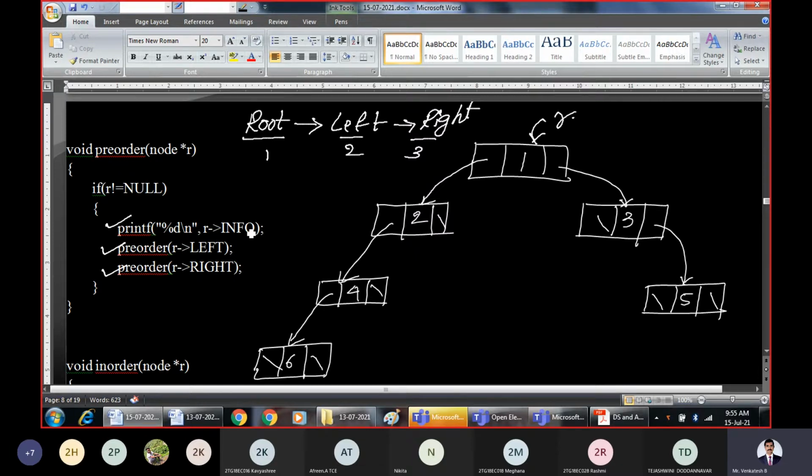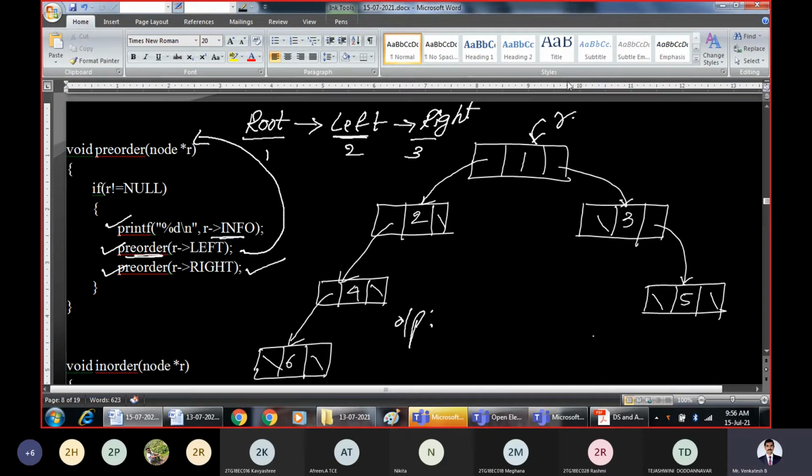If you look at this order, first we will print the root node, then we will traverse the entire left subtree by using pre-order traversal. If you can see here, recursively we are calling the same function. What this statement causes is to call the same pre-order function by passing the left subtree as a parameter. After printing this root, we will process the entire left subtree. Then the next statement causes the entire right subtree of the node to be processed. And this is going to be repeated recursively for each and every node. This is a simple statement, and this explanation is the same as what I told earlier.